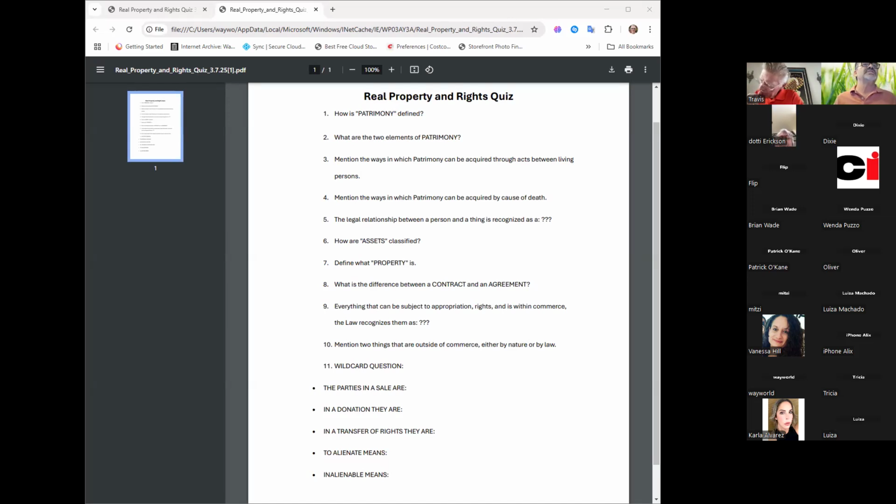Okay, number six. How are assets classified? You can classify the assets by ownership. There are public assets, private assets, or social assets. Remember what is social? But you probably not. But I'm sure that you remember the ejidal properties. Yeah, it's the same. But the legal name is social properties.